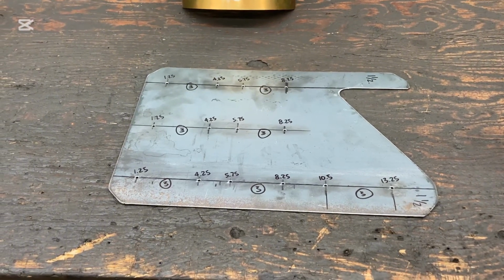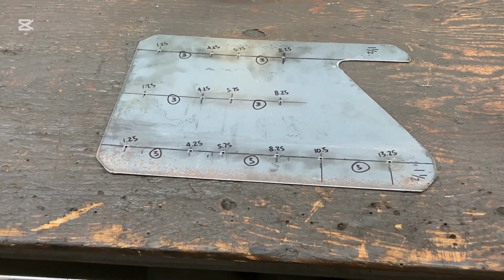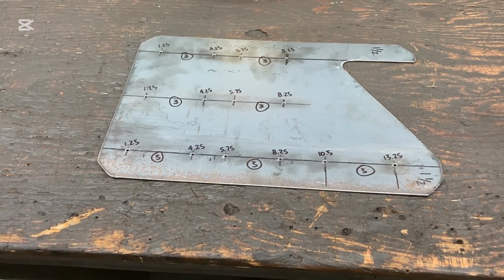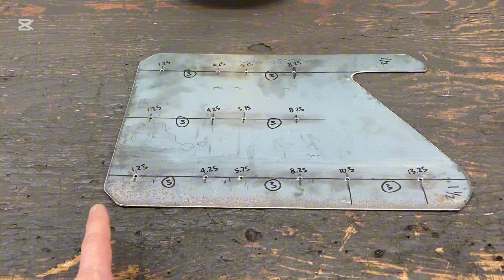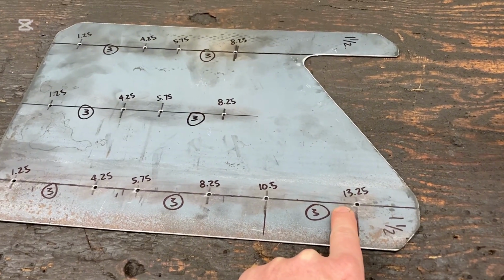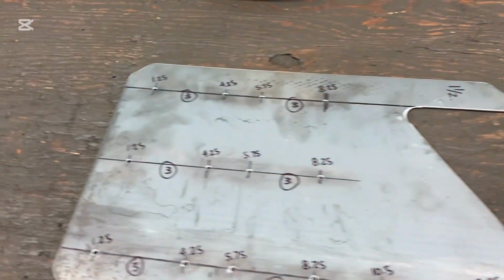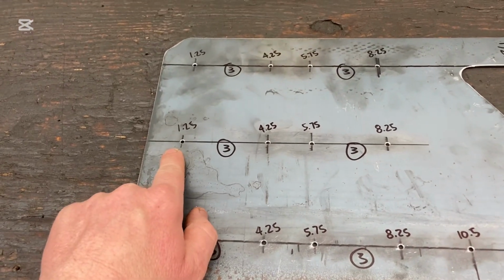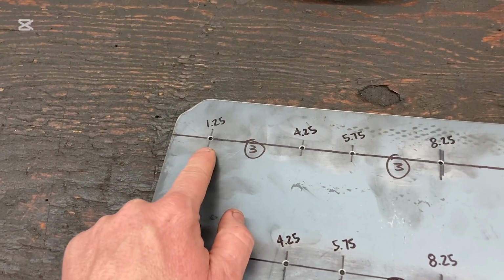What I have here is all the information for making the scallops or the grooves or whatever you want to call them that are going to release the oil back into the pan from the rotating assembly. We're going to start off on this edge over here, and we're measuring out. We start off with 1.5 inches from this edge here to get that line, 1.5 inches from that edge here to get this line, and then we're just going to measure from here to here, and we're going to get our center. And then as we come out from this edge here, we're going to go 1.25 inches,